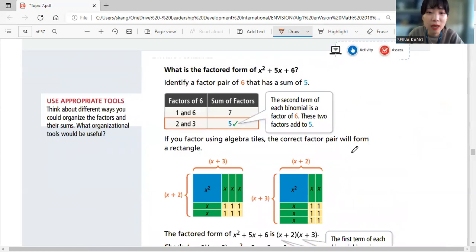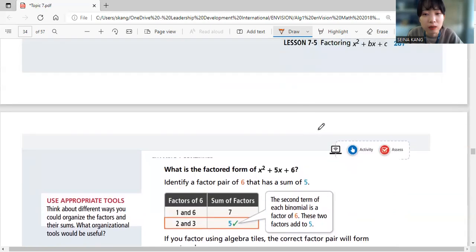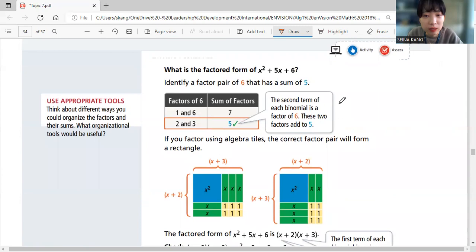Okay, so what's the factored form of x squared plus 5x plus 6? Identify a factor pair of 6 that has a sum of 5. So factors of 6 could be 1 and 6, 2 and 3, and the sums of them would be 7 and 5. And you can later think about the negative numbers as well, but they're all positive, right? 5 is positive here, in the form of x squared plus bx plus c. So right now we're looking at 5 and we want to match 5